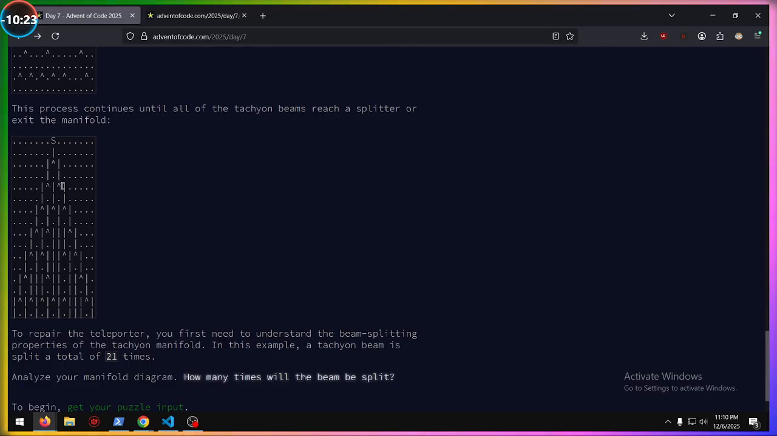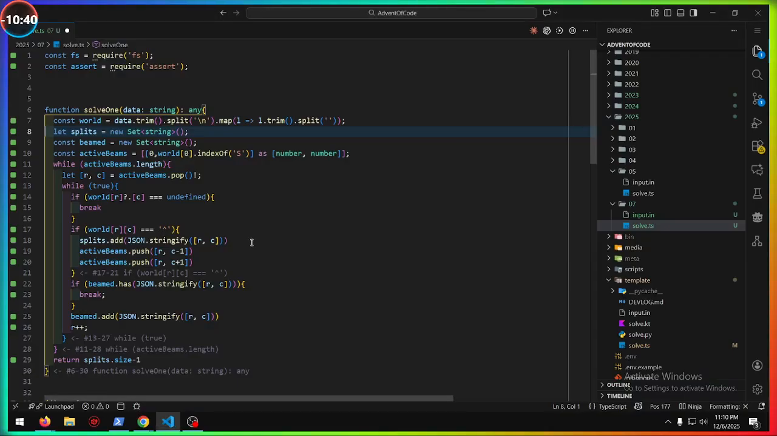So the right thing is obvious. The left one is obvious. It's how many times they're split and not how many unique beams there are. A tachyon beam, a tachyon beam. This one is split a total of 21 times. Okay, I've done that, and I'm not seeing it. So what we need to do is